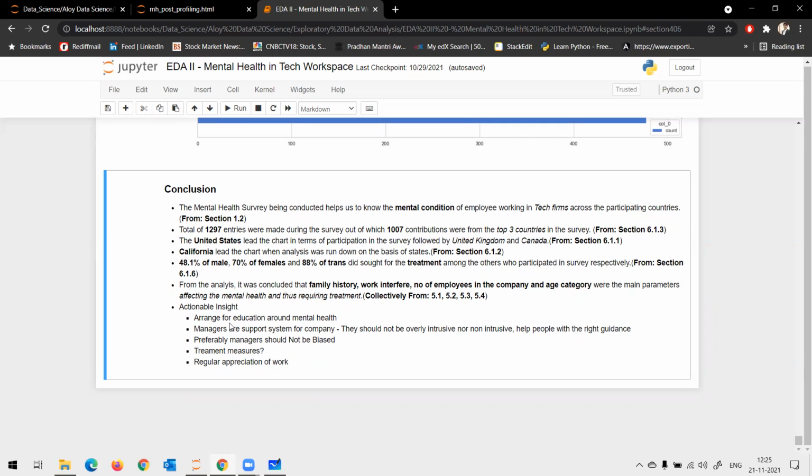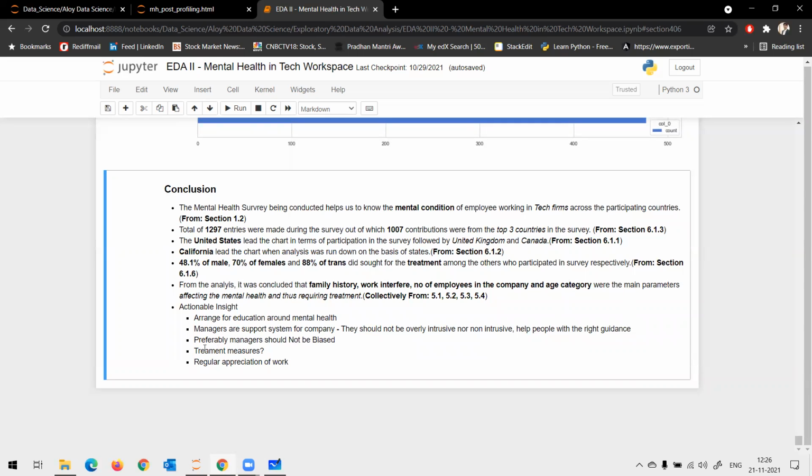That is, the first is to arrange for education and mental health, correct? So you might see this in some companies, where you have managers or a support system. That is basically to decide the culture of the company, that is top to bottom or bottom to top analysis.